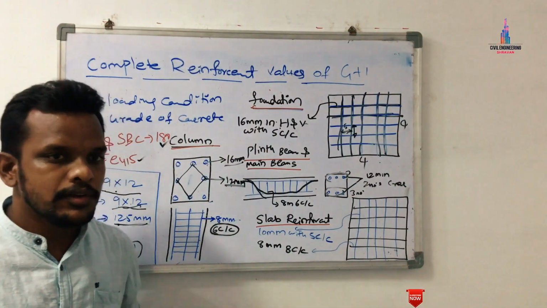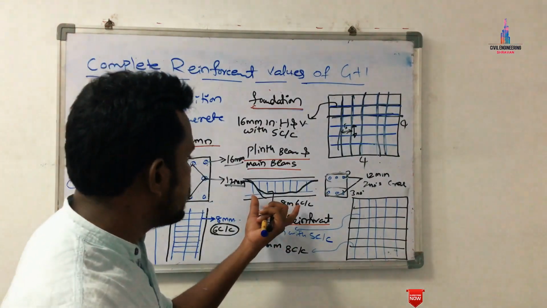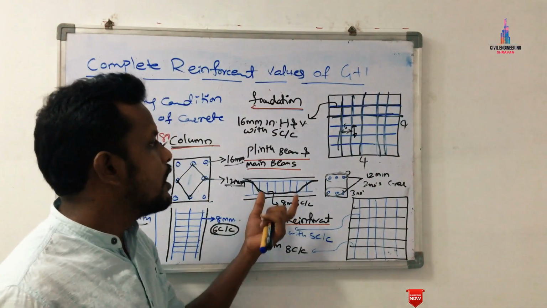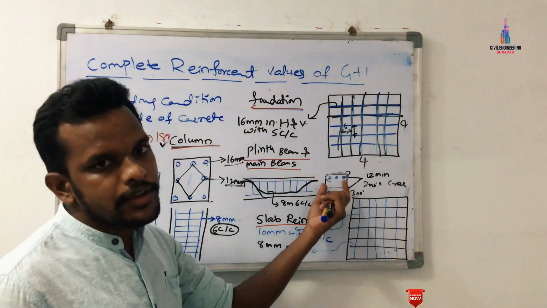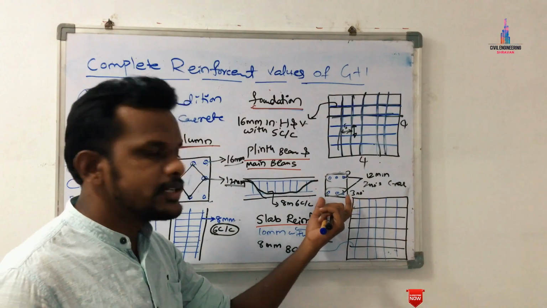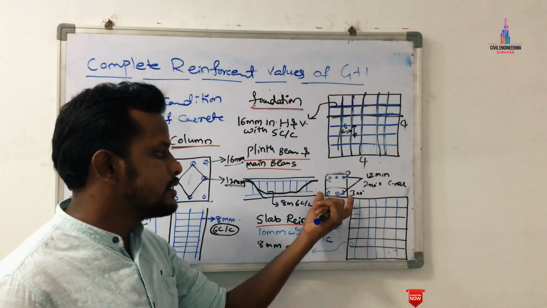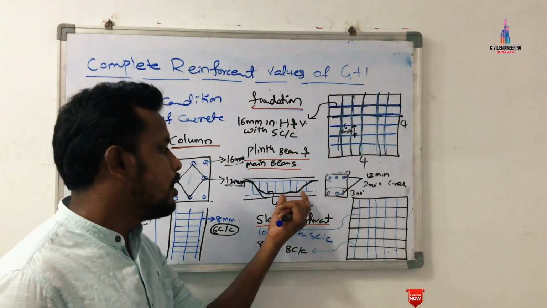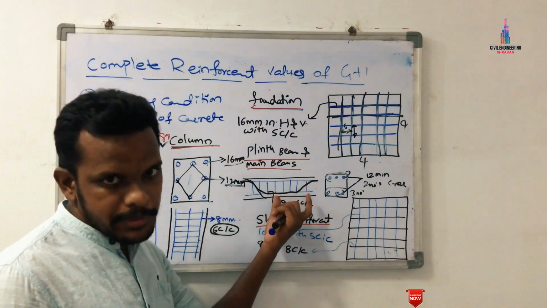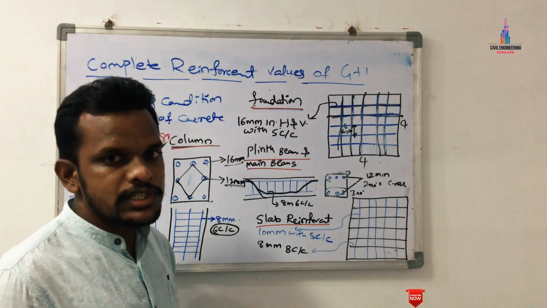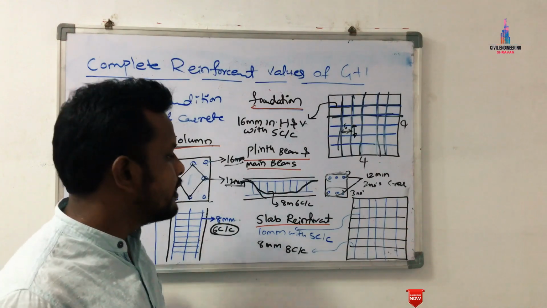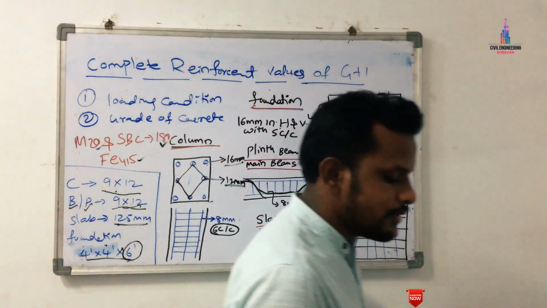Okay, 2 numbers of cranked bars we will provide for the beam sections in order to distribute the loading condition. So this is the reinforcement details for the beam section, which has the plinth beam sections of 6 bars, with 3 bars at the top section and 3 bars at the bottom. Along with those bars, it consists of cranked bars for the main beam sections. So this is the complete reinforcement details for the beam sections, plinth beam as well as main beam. Now I will explain the complete reinforcement details for the slab section.